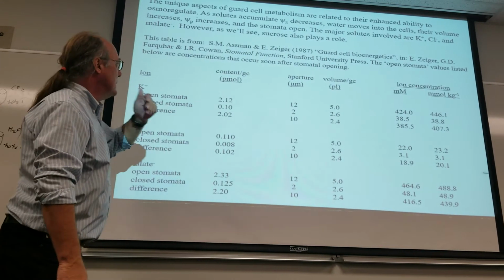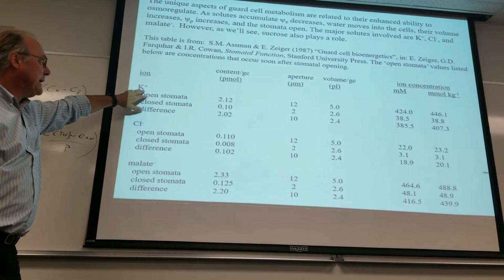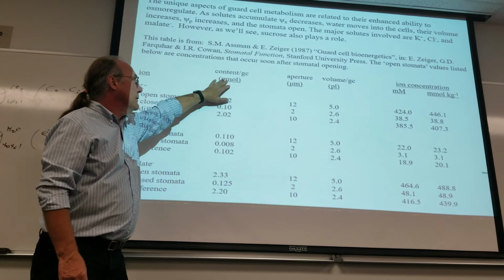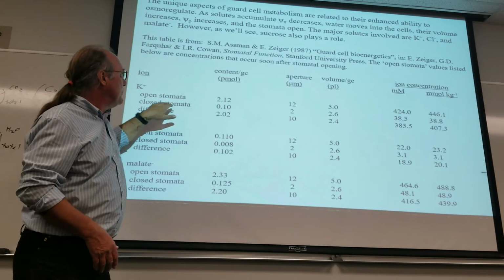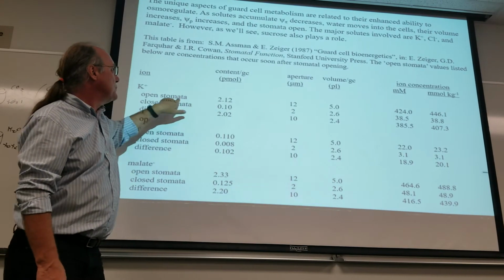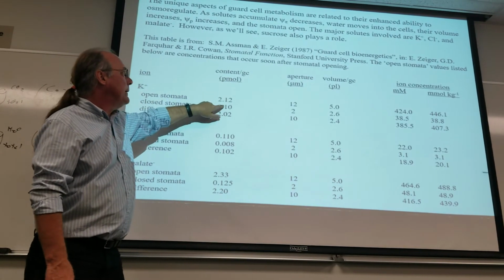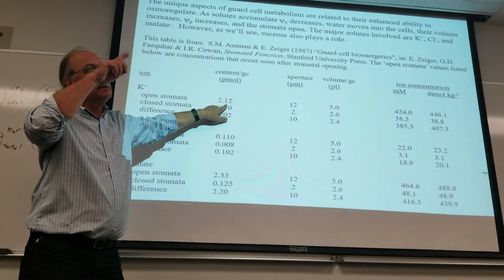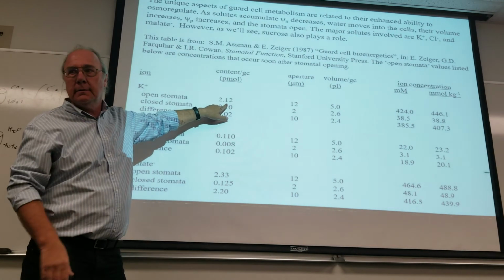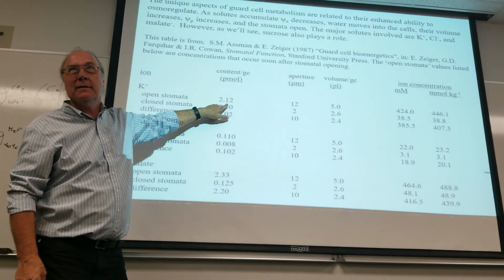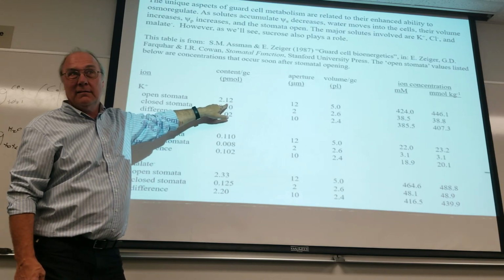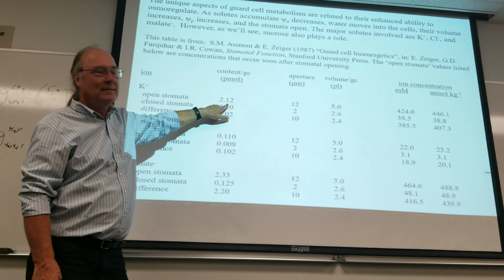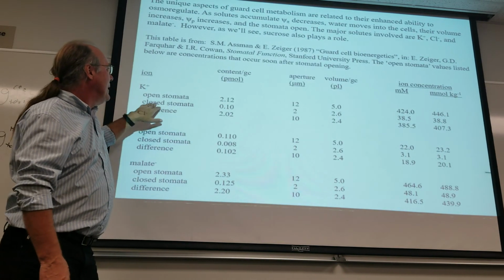So here are some, let's go through this a little bit. Potassium concentration. Okay, so the amount per guard cell for an open stomata is about 2 picomoles per guard cell. Right, pico is 10 to the minus, whatever it is. Something small, right? What is it, 12, I think? No, 10 to the minus 12. Micro. Anyway, whatever it is, small amount. When the guard cells are closed,